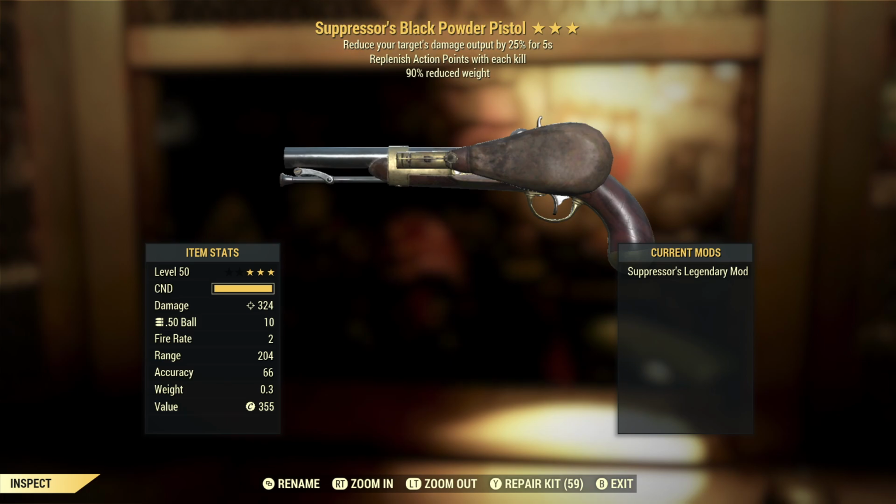And here we've got a Suppressor's Black Powder Pistol with replenishing action points with each kill and 90% reduced weight. So we talked about the Suppressor's effect before, and pretty much everything I said there applies here, except that this is really not the kind of weapon you would want the suppressor's effect on. This is the kind of weapon that you really want to be killing things with one shot